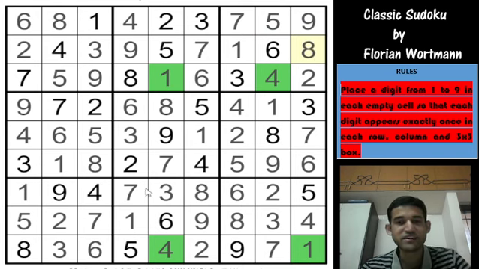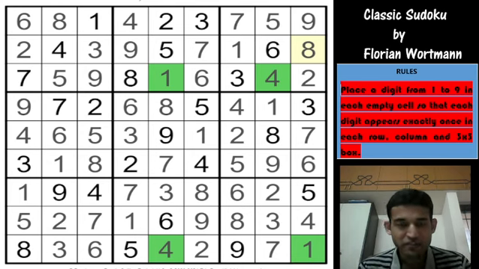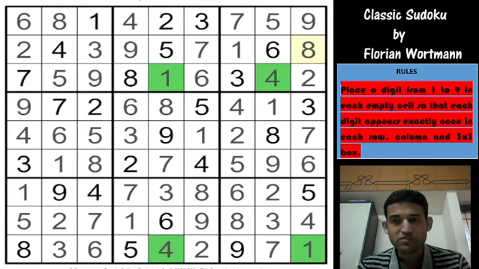And with that we have completed this excellent Sudoku by Florian Wortmann. A really amazing one, an excellent one to become strong at skyscrapers. Hope you guys enjoyed watching me solve the